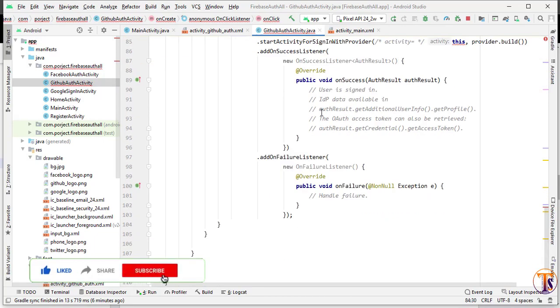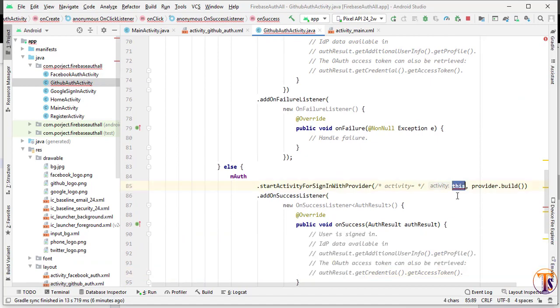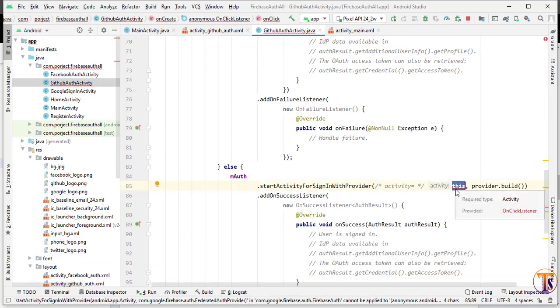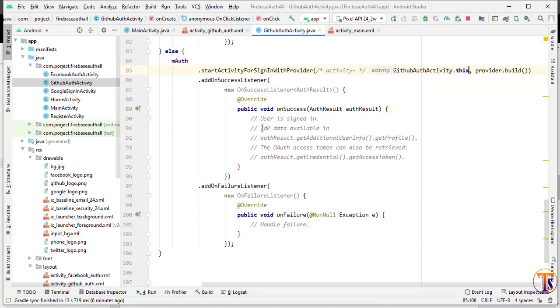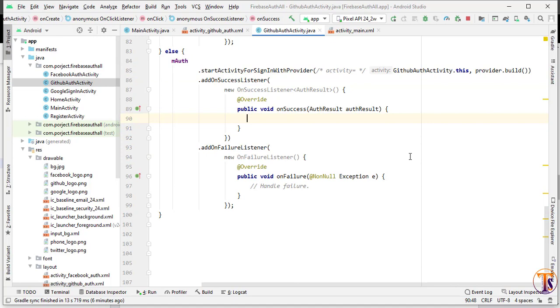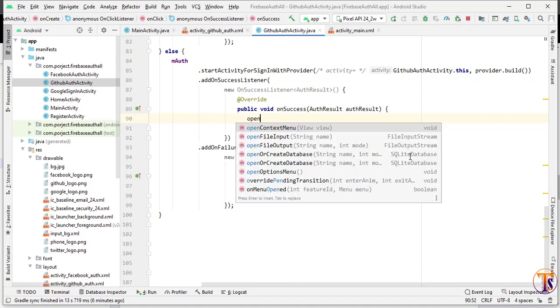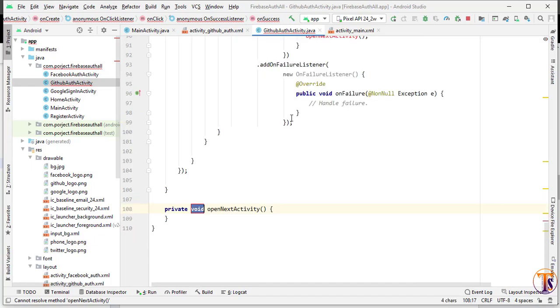Okay, so here you have to open the next activity. Here we have an error. Let me check the error. Here we have GitHubAuth dot this, and here we have to open the next activity. So here we will create the method, openNextActivity.